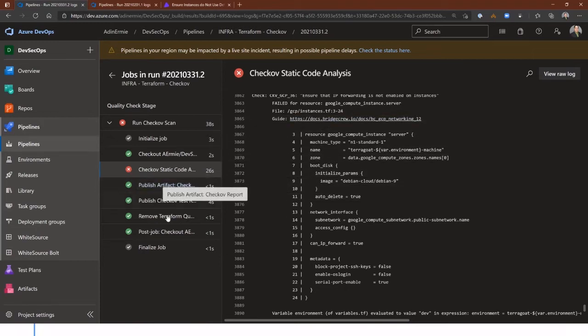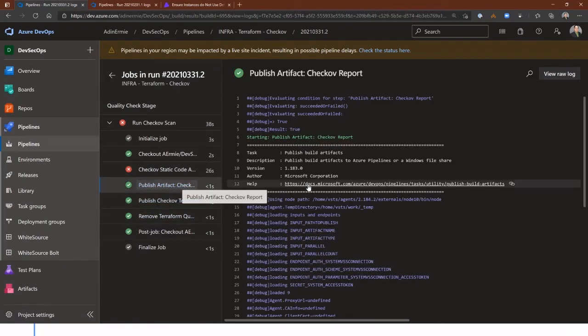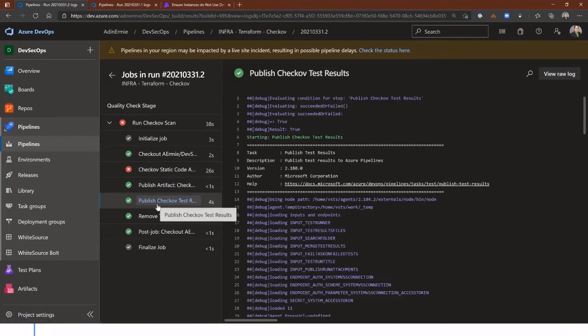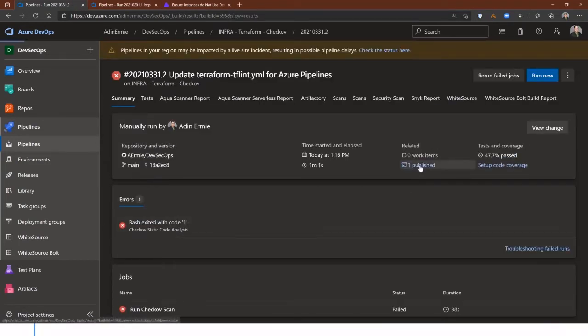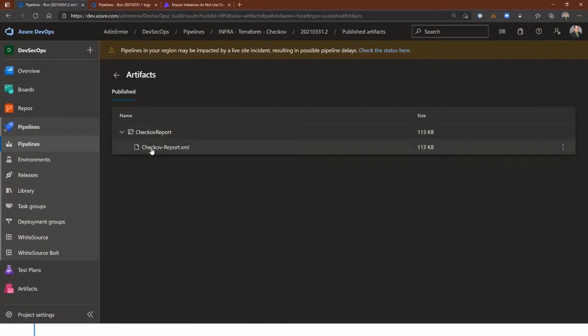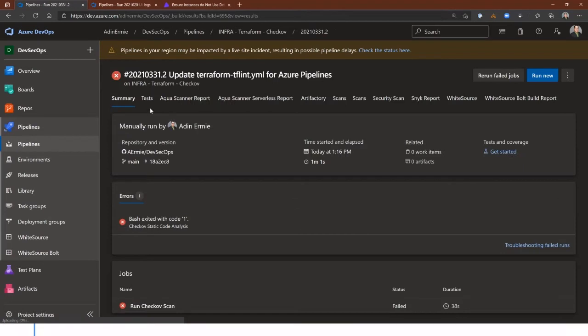And then we're publishing the artifact because I just want to grab the artifacts that are produced out of this, and publishing the test results. So if we go to the root here, we see under published, here's that output XML file from the report. So maybe I have to download it and send it to security directly, or we want to archive this for some purpose or need. We have that available in the pipeline to reference.